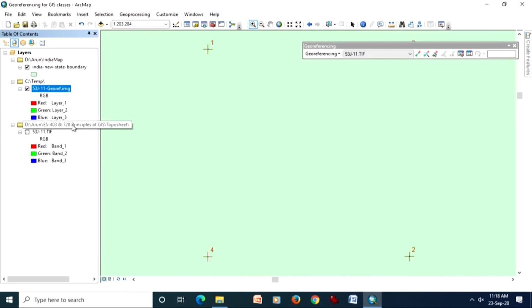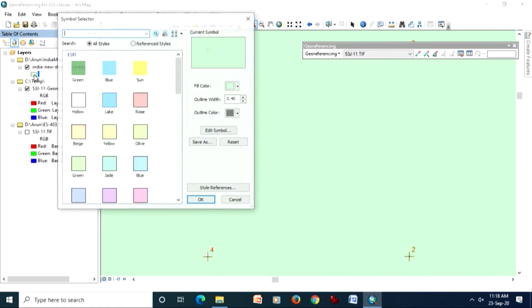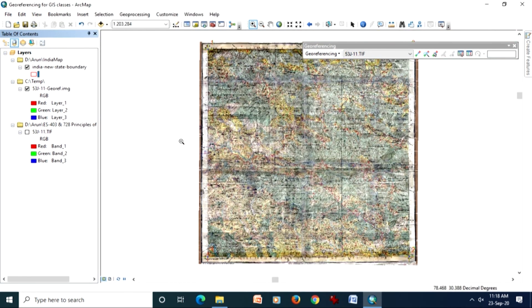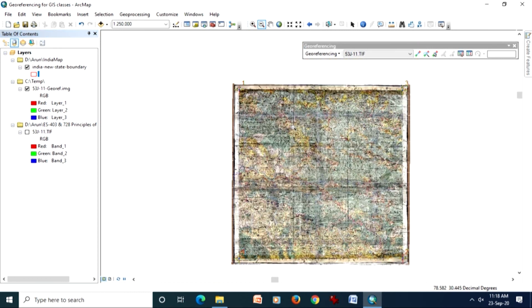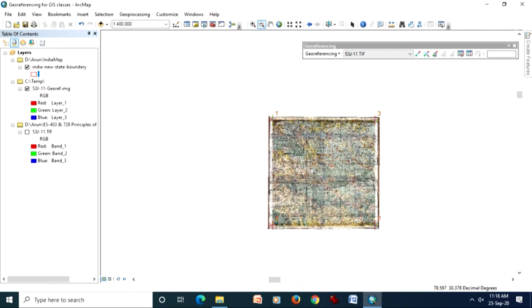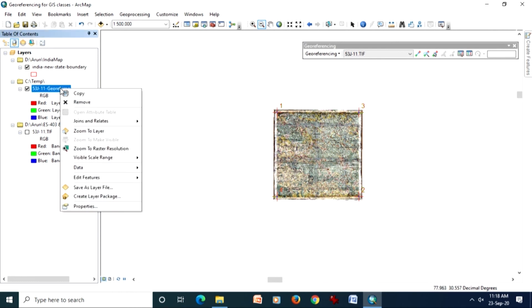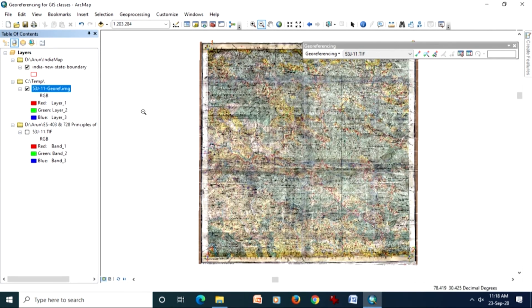Let me bring it here, along with the map where it will fit for the Indian boundary. If I zoom out, I should be able to see this properly here, and at the bottom it is showing in decimal degrees.